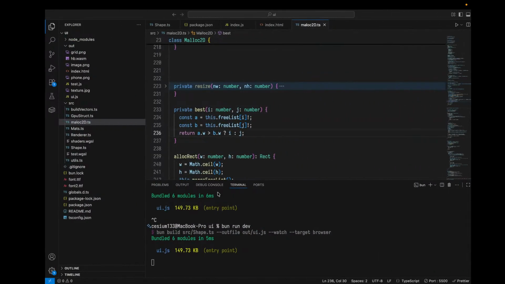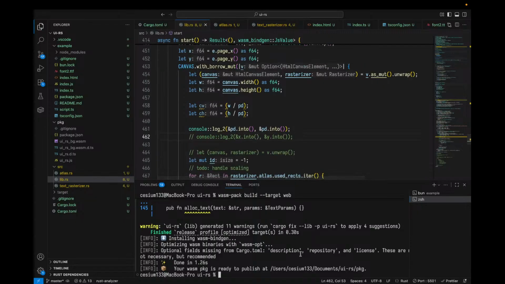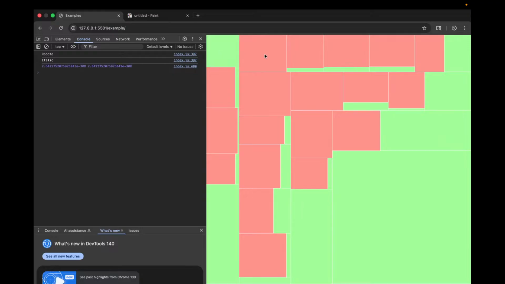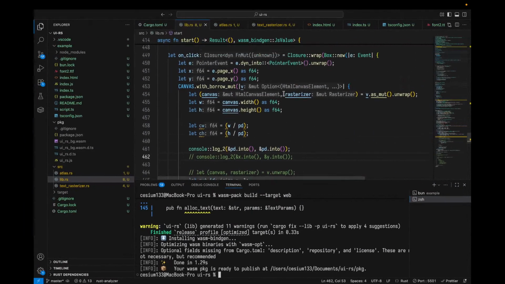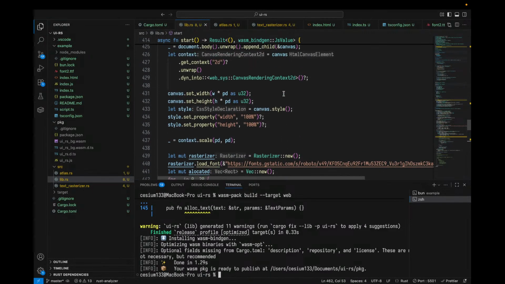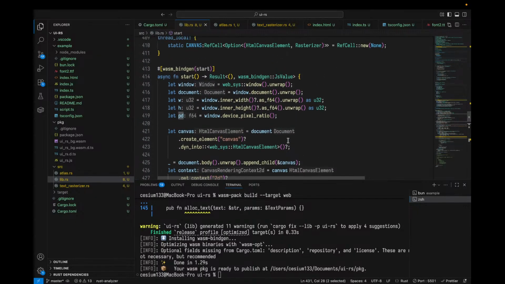So I don't understand why. I think what's happening is I'm getting junk from this value that has been